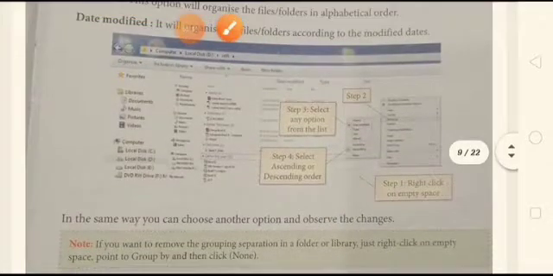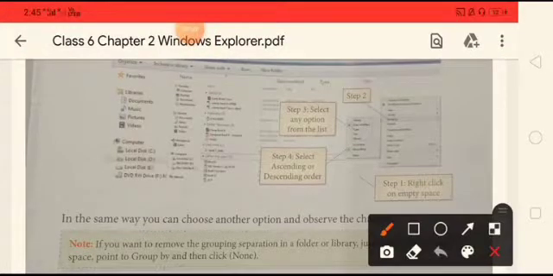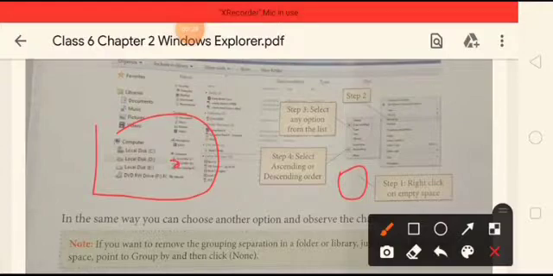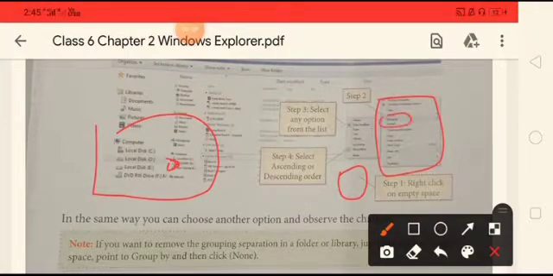Now let us again look at the options and the steps that how can we group our files and folders. Our first step is to right click on empty space. Suppose this is your window, you have to click the right mouse button, right click on an empty space, then one dialog box type of thing will appear and there is an option known as group by.